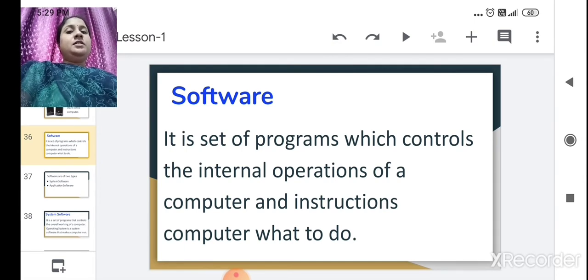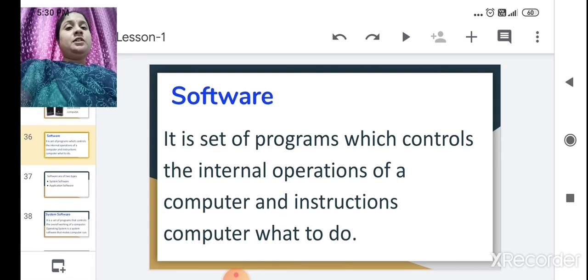No. The same way we cannot see software, but it works. The brain will work, the heart will work, the lungs will work. The same way the software also works. Brain and heart control and instruct the body, right? The same way this software will instruct the computer and control the computer.